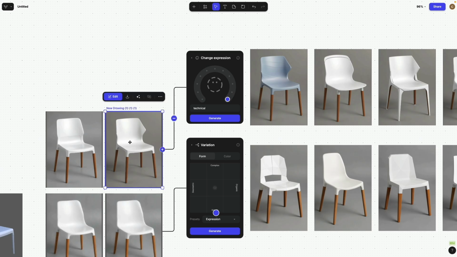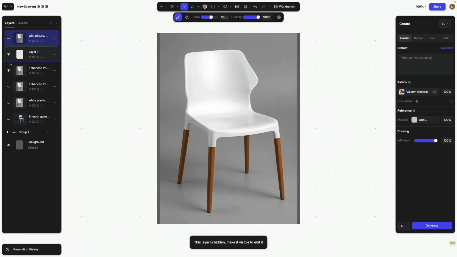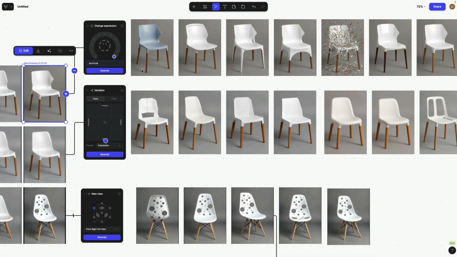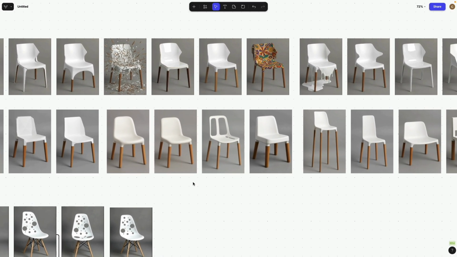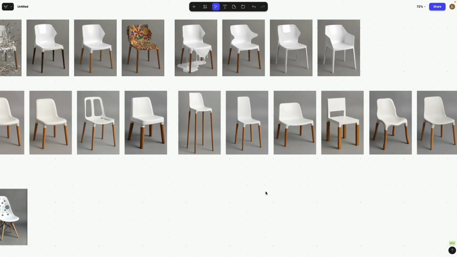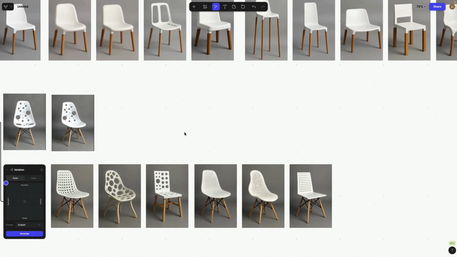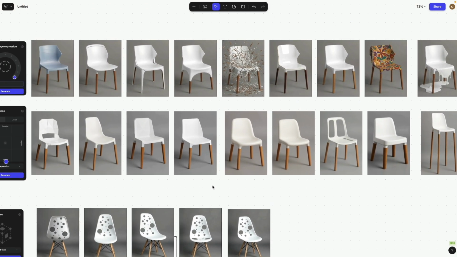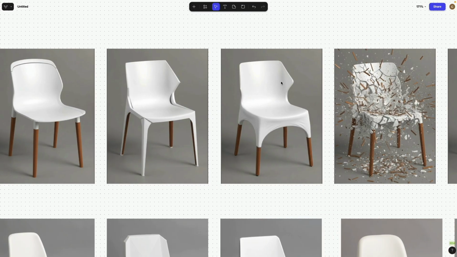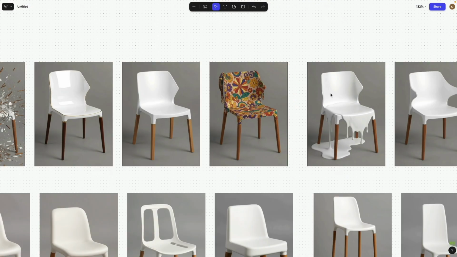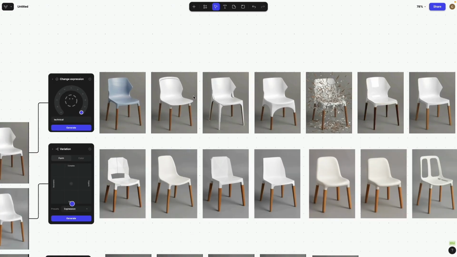To create then more refinements, we will go ahead and start painting additional modifications to it, processing it into then a new rendering, and then have some serious fun by using the variation and expression tool to create this really fun exploration of the same chair or these same three chairs by, for example, telling it should have holes, it should be tall, it should be round, should be exploding, or for example, hippie, it should be melting,